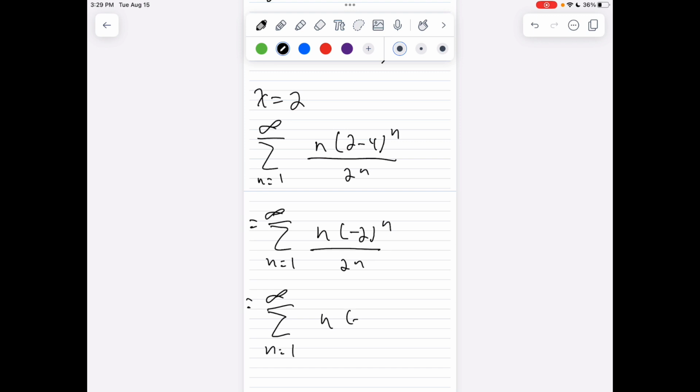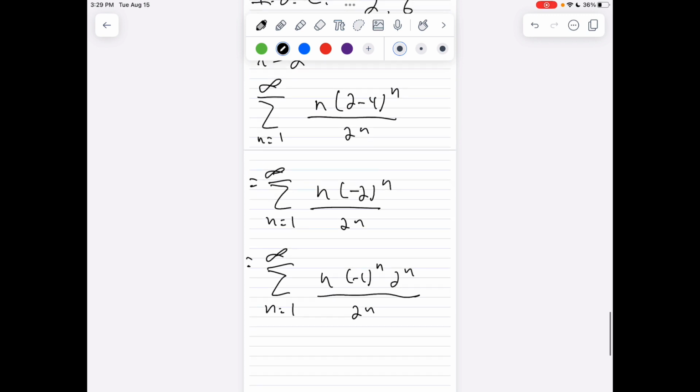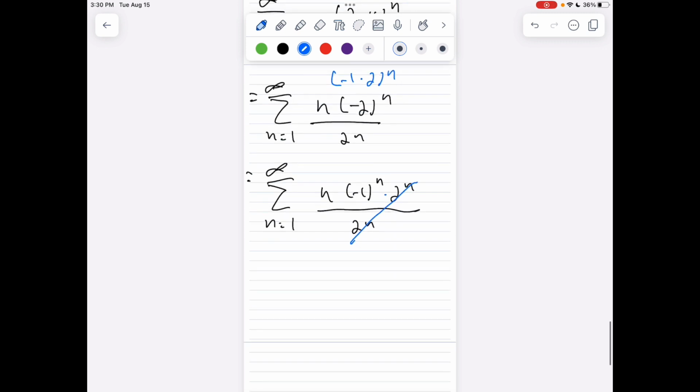This would be negative 1 to the n times 2 to the n over 2 to the n. That's what your series would look like. Negative 2 is like saying negative 1 times 2 to the n. I know that sounds simple, but I'm using that property to split it up to write it like what I did right here. And the purpose of me doing that is so I can simplify and cancel these off, and then you just get